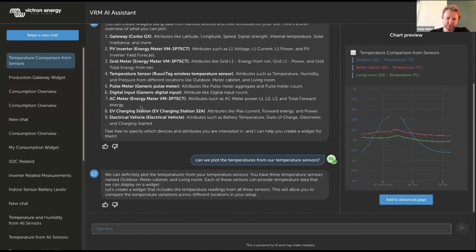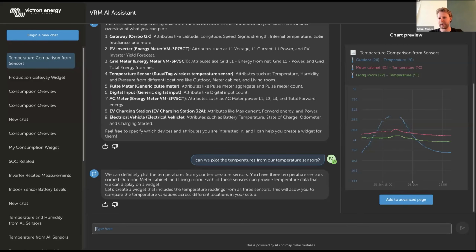So after we ask this, we have 3 devices actually that are temperature sensors. We have our outdoor, meter cabinet and living room temperature. I'll feature some of the capabilities that the agent has with editing and updating graphs.